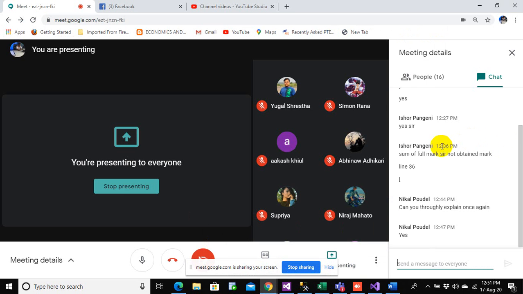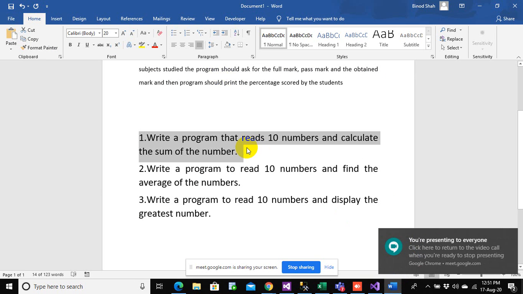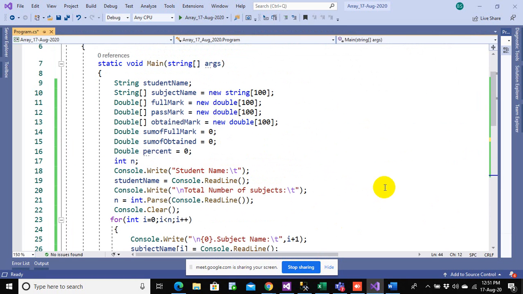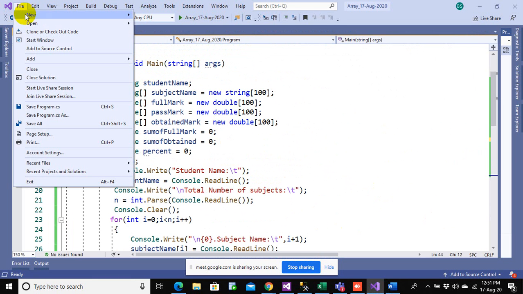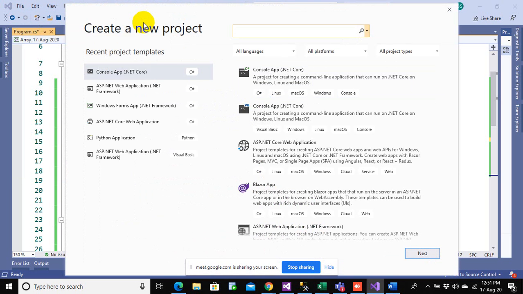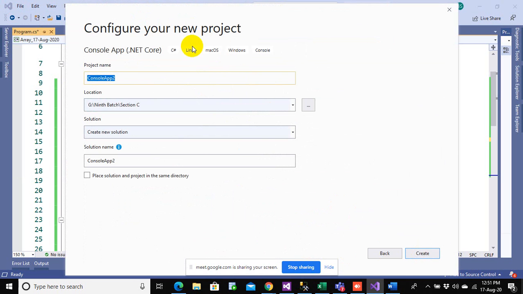So let us get started with question number one that tells you to read 10 numbers and calculate the sum of the numbers. So let's see how you can do that. I think it's very easy. It's super easy. So let us say 10 numbers.